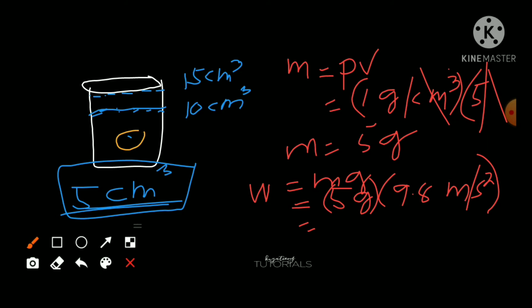Wait, let me get my calculator. So this is 5 grams times 9.8 meters per second squared. It is 49. So 49 grams meters per second squared, or 49 Newton. Because the unit for force is Newton, and the weight of the displaced fluid is equal to the force of buoyancy, right? So if we're going to make a general formula for this,